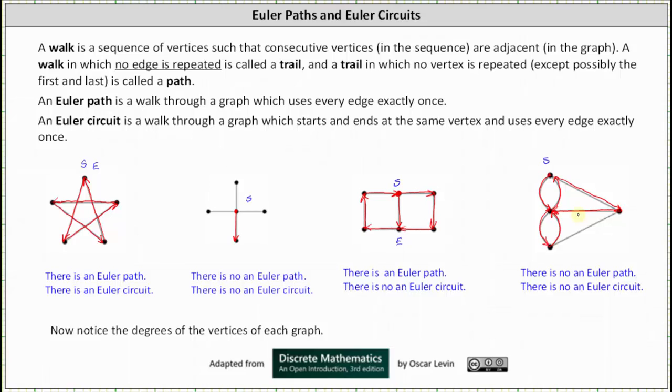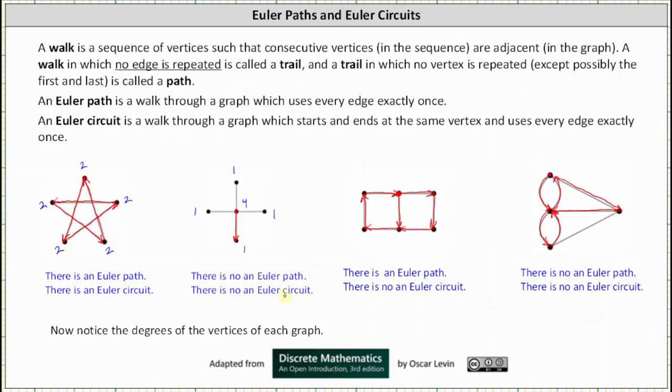Before we go on, let's check the degrees of all the vertices in the graphs. There is a connection between the degrees of the vertices and whether a graph has an Euler path and/or an Euler circuit. Going back to the graph on the left, all the vertices have degree 2, or we can say all the vertices had an even degree, and the graph had both an Euler path and an Euler circuit. For the next graph, 4 of the vertices have degree 1, and one of them has degree 4. We have 4 vertices with an odd degree, one with an even degree, and the graph had no Euler path